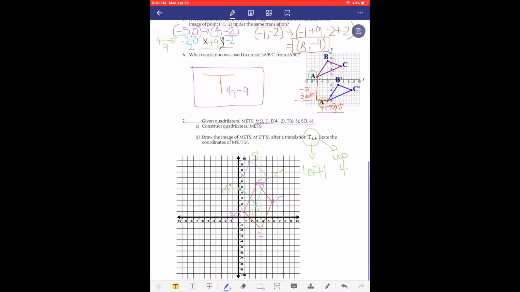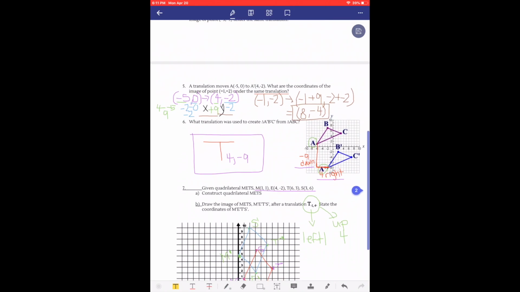And then you can see that the image is the same. It was just shifted up and a little bit to the left. So make sure that you have all of your points labeled correctly, whether it's the METS without the prime or it's the METS with the prime symbol. And that's it for today's lesson on